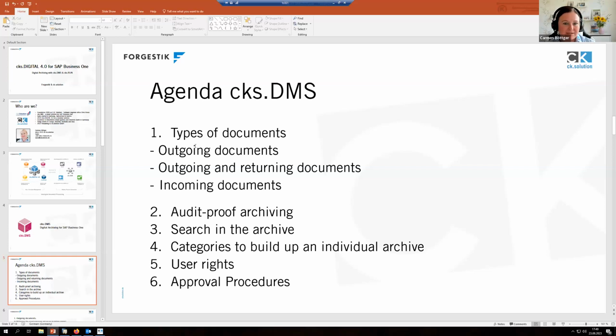And of course, there are additional important points like audit-proof archiving, search functionalities. How can I find the documents again in SAP Business One? You must be able to build up an individual archive. For that, we have some categories. And of course, I show you how we work with user rights and approval procedures. So for that, I start